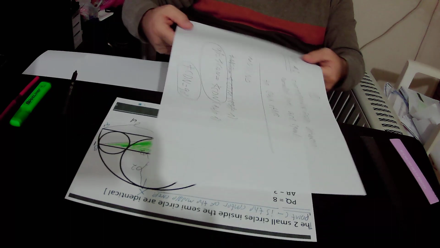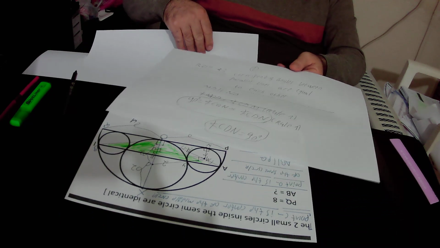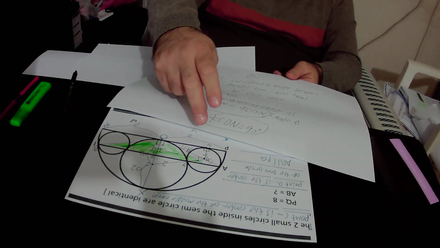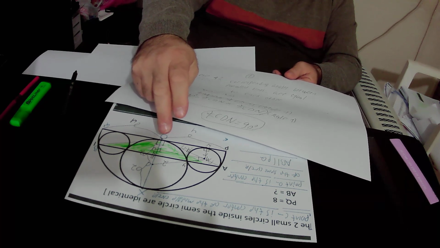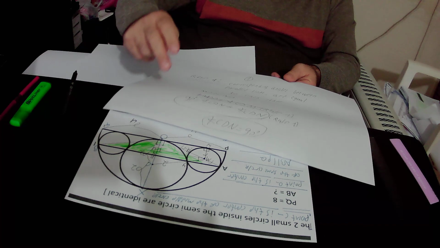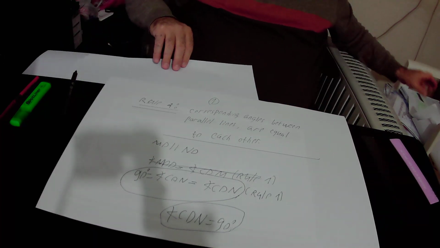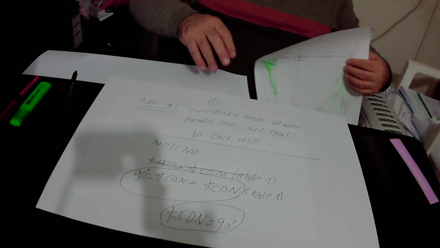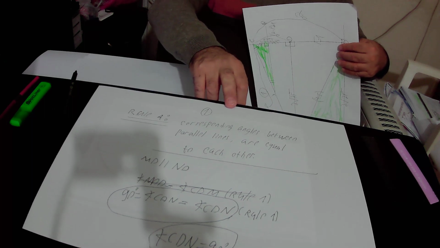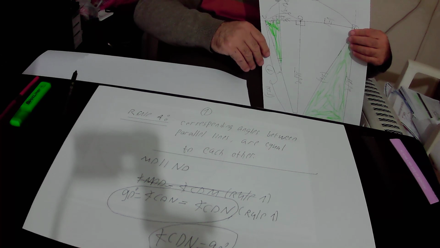And I drew again the perpendicular, MNOD, and the right triangle MOD, and we have rule number 1 that states that corresponding angles between parallel lines are equal to each other. Okay, so here,